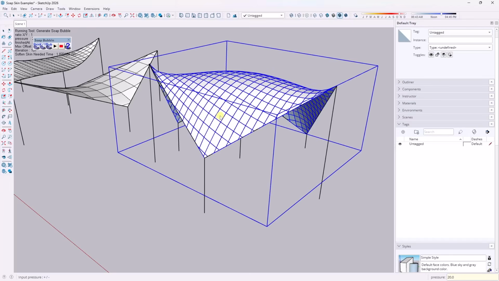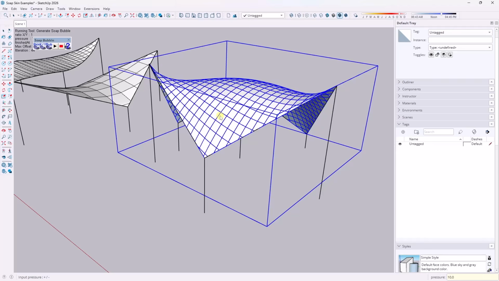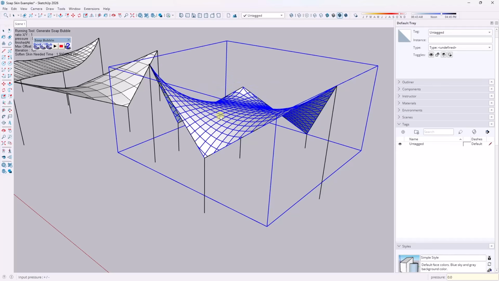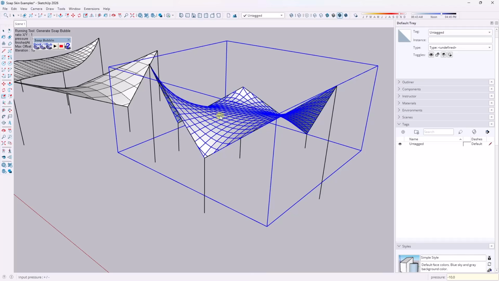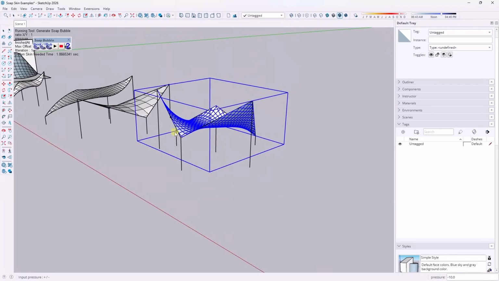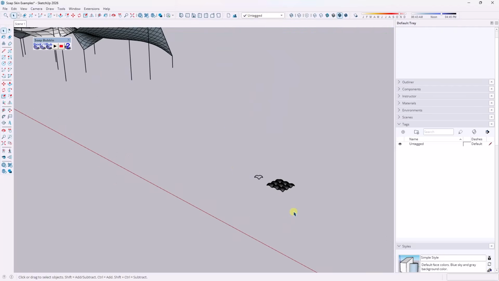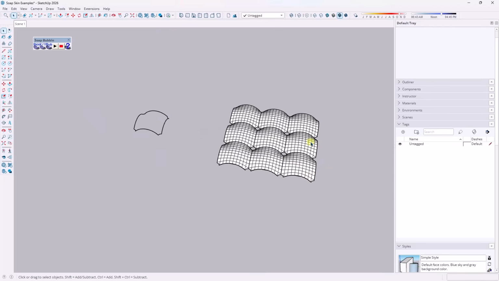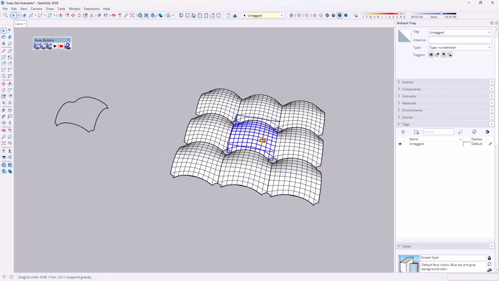So notice if I type in a value of 20 or 10, it's a completely different shape than if I type the pressure in as 0 like this. So again, these are very editable and adjustable from that standpoint. You can use this in order to really customize your shapes. Now, that being said, that's not really where I use this, though a great application for this is creating things